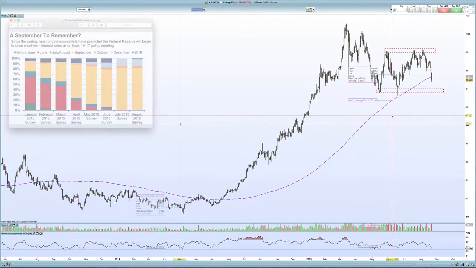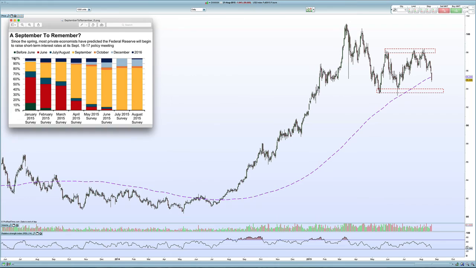So something very much to be aware of, and the technical signs are quite bearish at the moment for the US dollar index. Another thing I saw this week that I thought was quite interesting was this chart that I got off Zero Hedge, showing how economists are really clueless when it comes to interest rate rises and how they're constantly predicting them. 75% thought the Fed would have raised interest rates by July and August, and 95% thought that the Fed would have raised interest rates by the September meeting. You can see how those predictions have been constantly wrong, and 80% are still predicting an increase in interest rates at the September meeting, which after the price action this week in the US share market looks increasingly unlikely.